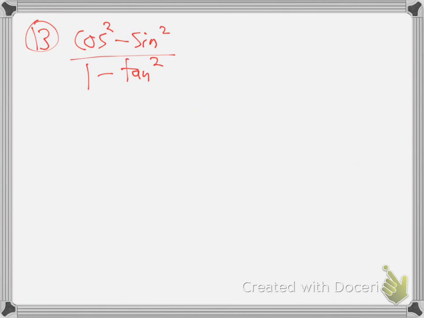I think some of you said break it into sines and cosines. That is the best way to go. It turns out I said no at the time. I was wrong. So here's what we should do. We should do cosine squared minus sine squared